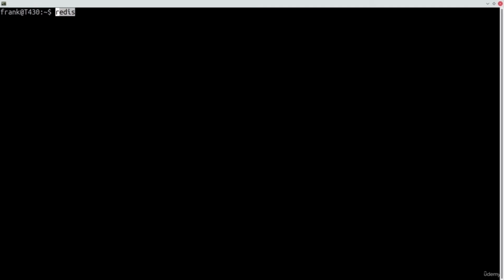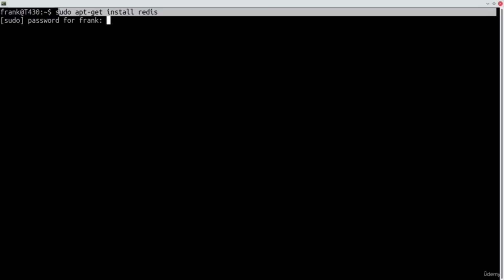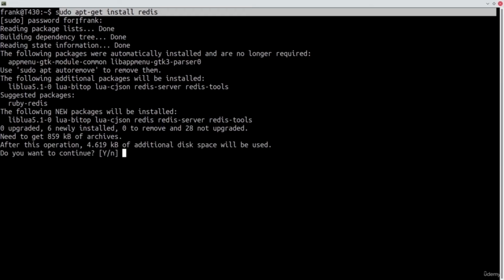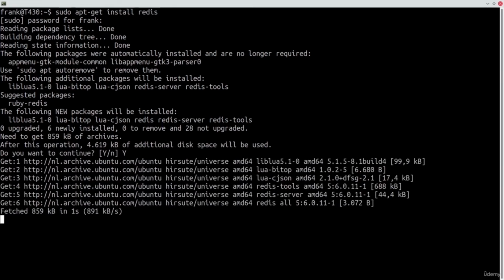So it's called Redis. I'm on Ubuntu, so I can type sudo apt-get install. So sudo will install it as administrator, so it will install it onto your computer. And this is the package manager on Ubuntu Linux. So that will be different if you use another Linux system. So I'm going to press enter, so this command on Ubuntu will install Redis, the data structure server. Type the password for installation. And that will install the Redis package